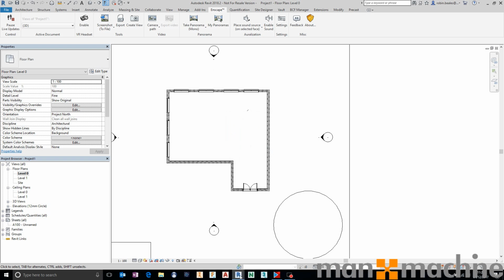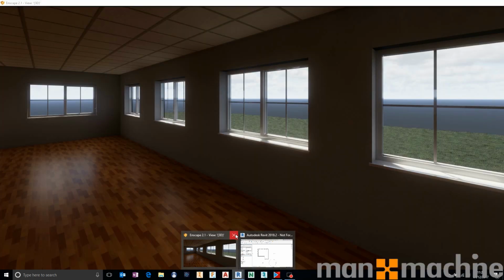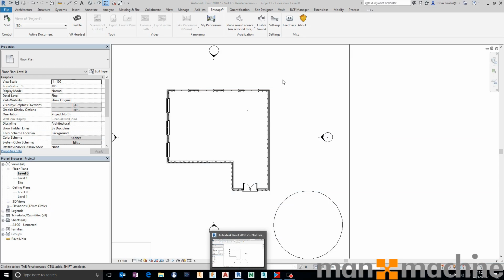That self-contained executable file does not need Revit, does not need Enscape, and does not need a license to run. It's a free viewer that you can open up on any machine and run without any issues whatsoever. You still need to have a fairly half-decent machine. You wouldn't want to run it with onboard graphics, for example. You'd want to have a semi-decent machine to be able to run that. But it gives you the ability to